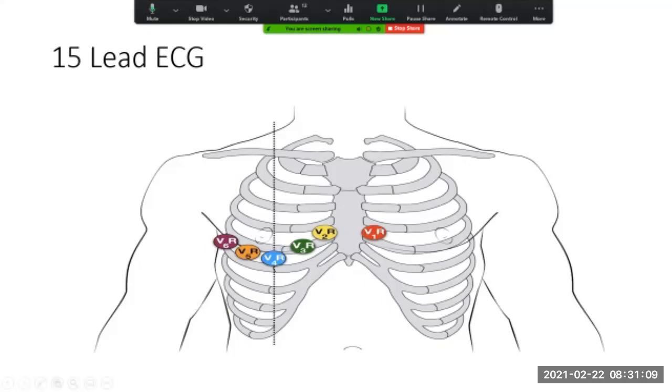So like I said, this is an 18-lead, not a 15-lead ECG. So one day when you're working and somebody asks you to do an 18-lead or 15-lead ECG, don't go running around looking for a machine that has 18 leads. The machine is exactly the same. It's just where you place the leads. So basically what we're doing is trying to get a view of the right side of the heart and see what's going on over there.